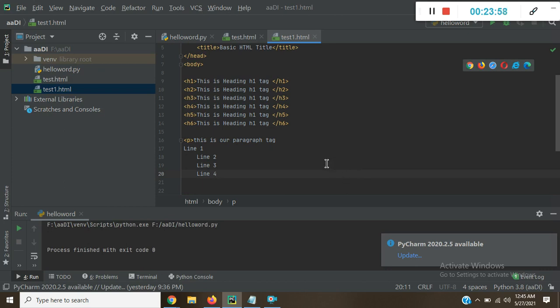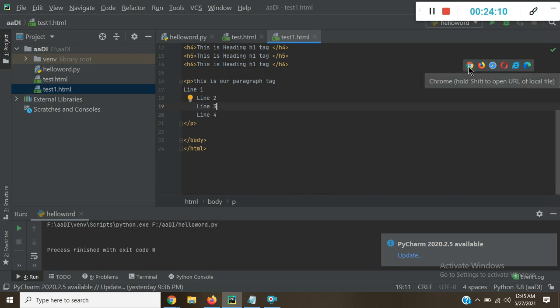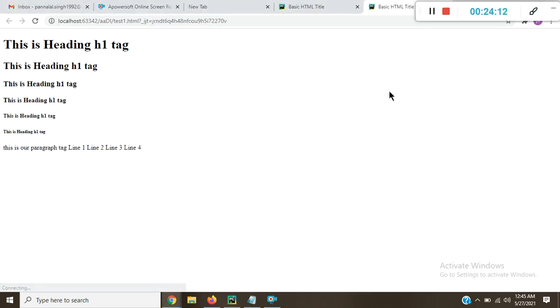So it always comes in one line because we use only one paragraph tag here. Just run this program. You can see this will come in one line because we use only one paragraph tag.